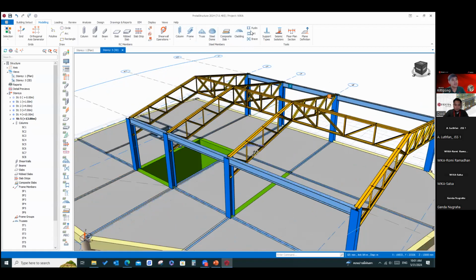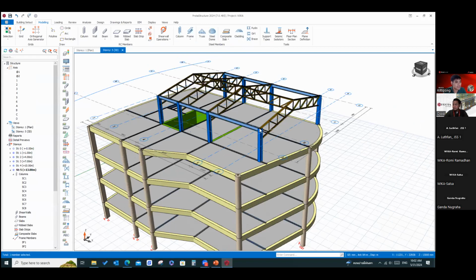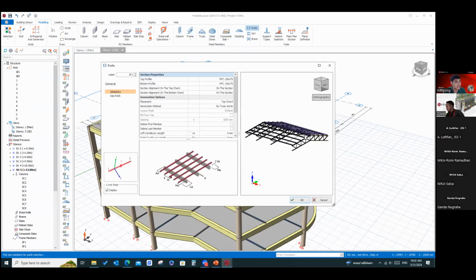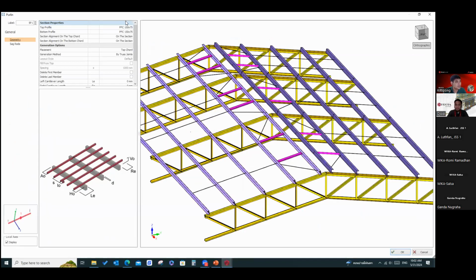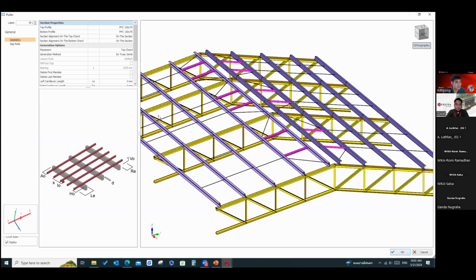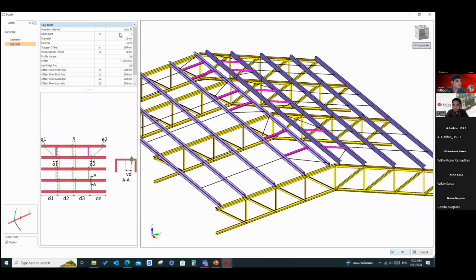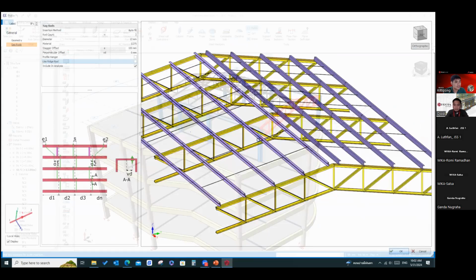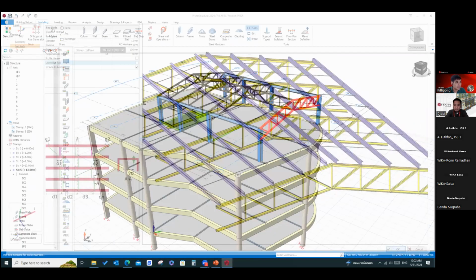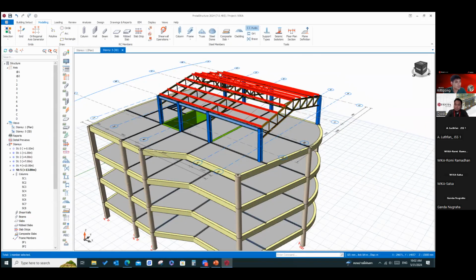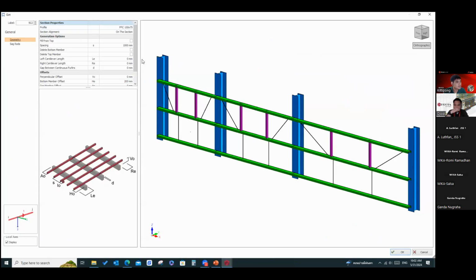For the secondary members like purlin or girt or bracing, you can also add them like this. See, just change the section and change the setting, something like this. And the girt like this, you also can add. Just change the spacing.